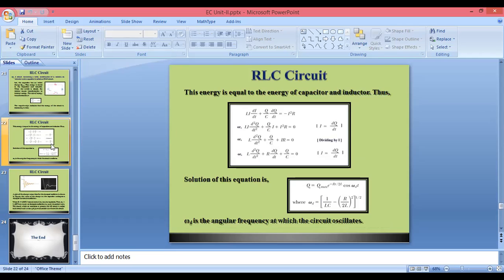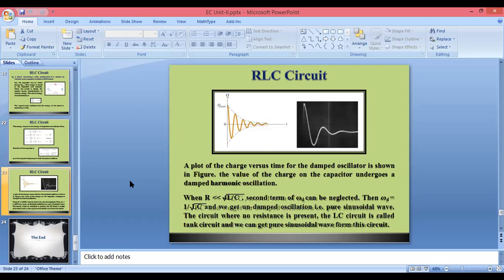And what we are saying, the equation for charge, we are getting that equation in which the angular frequency is the frequency at which our circuit oscillates. It means the output of our source free second order linear system is an oscillatory waveform. So here we are getting a new concept, and that is damping. Damping is nothing but the decrease in the peak amplitude of oscillation.